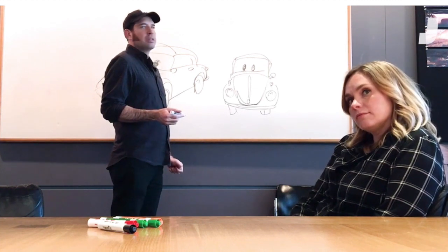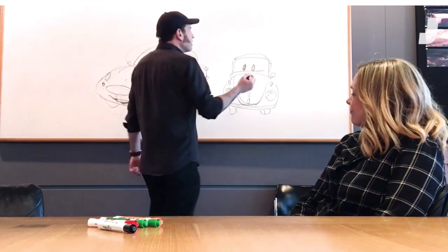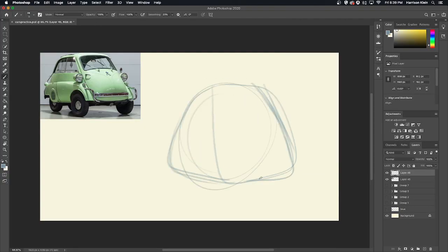Have you done an Isetta? I don't think you've done an Isetta. No? Okay, there's a good one. Let's see an Isetta. So the last BMW I'll draw is the most